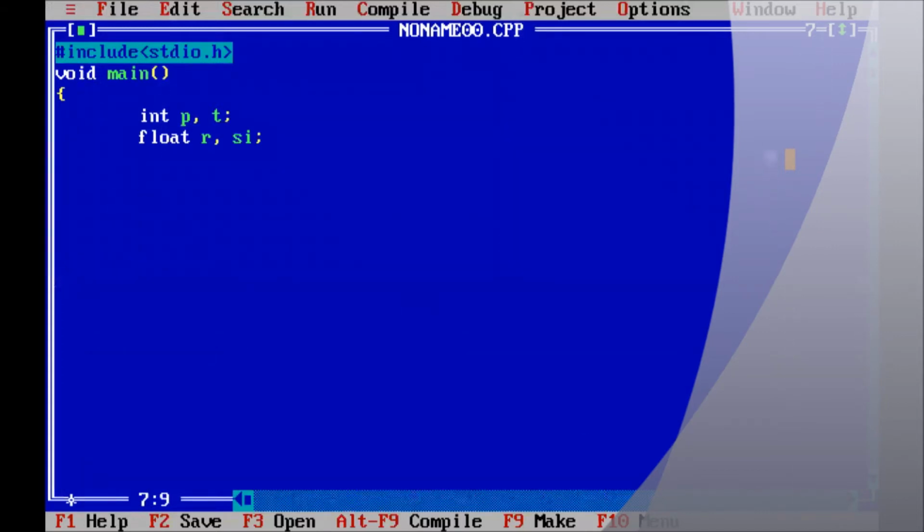We assign the values: principal equal to 5000, time equal to 5 years, and rate of interest equal to 8.5.